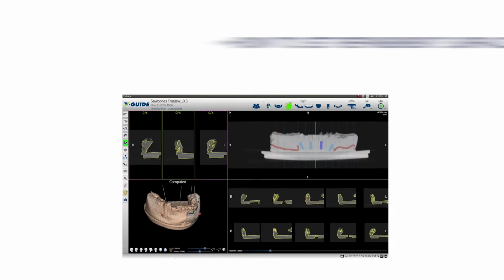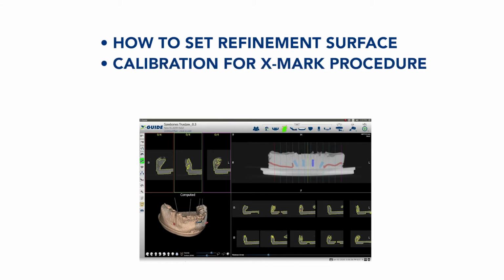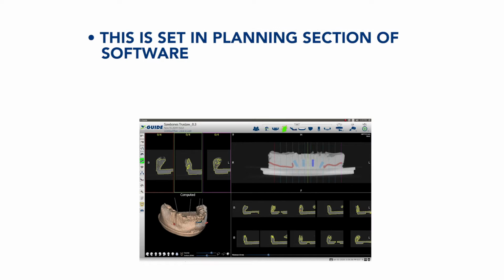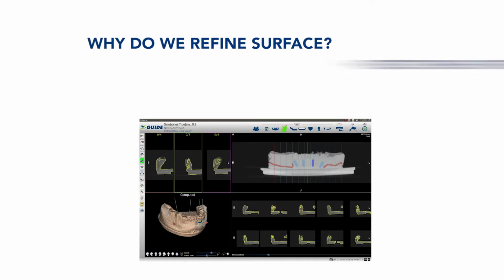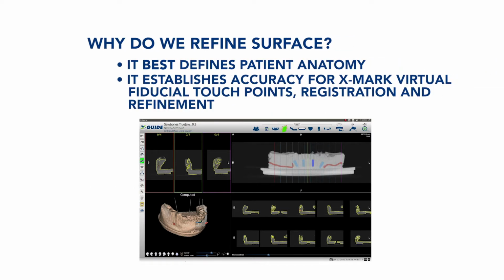In this video, we will demonstrate how to set the refinement surface and how to perform calibrations for the X-Mark procedure for a fully edentulous jaw. The first step in using the new X-Mark feature is to set the refinement surface in the planning section of the software. This process is necessary to best define patient anatomy and to establish accuracy for X-Mark virtual fiducial touch